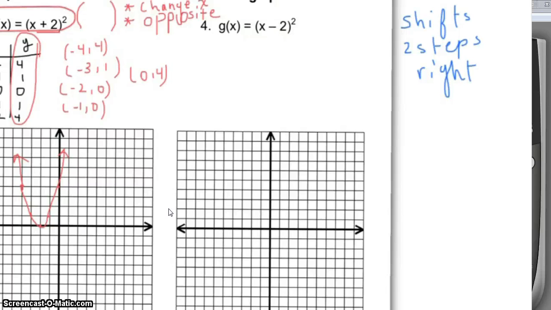Now you can graph it on the calculator and you're gonna see that it's gonna shift to the right, but let's do the table. It's negative 2, 4,